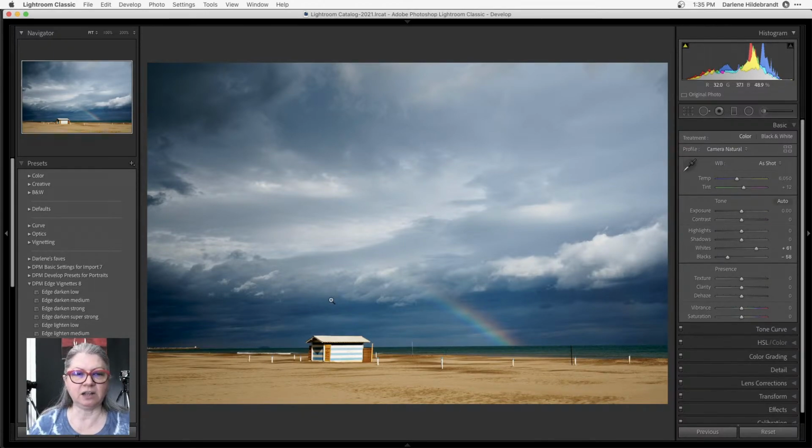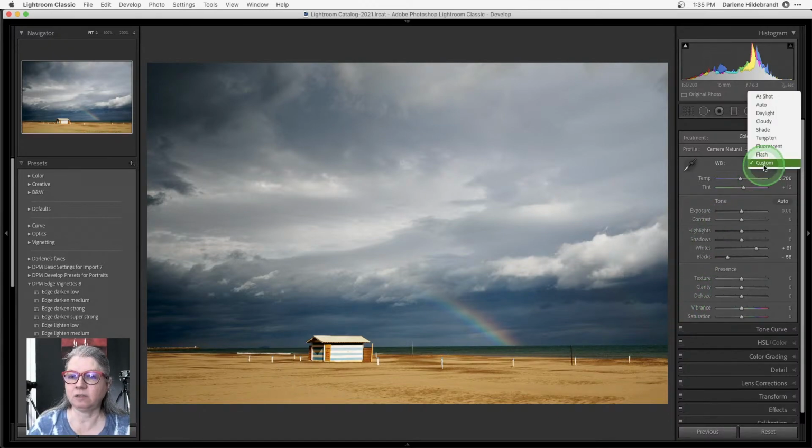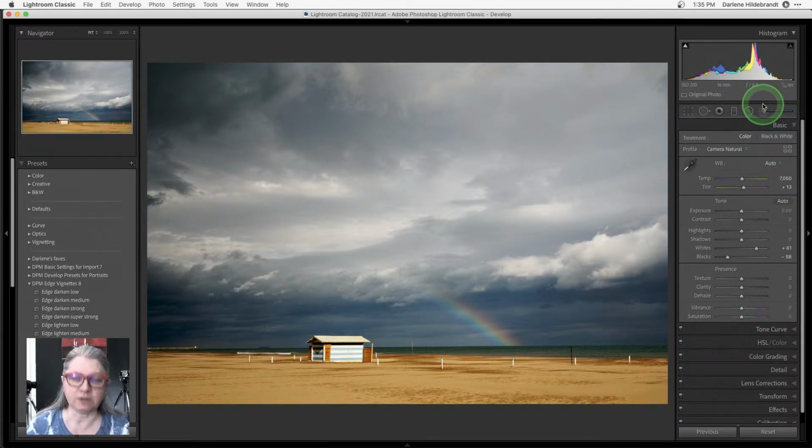So with just a couple of edits on the sliders and a crop, we've already got a much more powerful image. Now the other thing I'm going to do is shift the color. The sky is pretty blue here, so I'm just going to shift it maybe a little more yellow, and that brings out the yellow in the sand as well. You can also try an auto white balance. Now this is a raw file, because it was taken with an Olympus, it's an ORF file, so that allows me to pull this a lot farther than some of the JPEGs. Let's take a look at the before and the after.